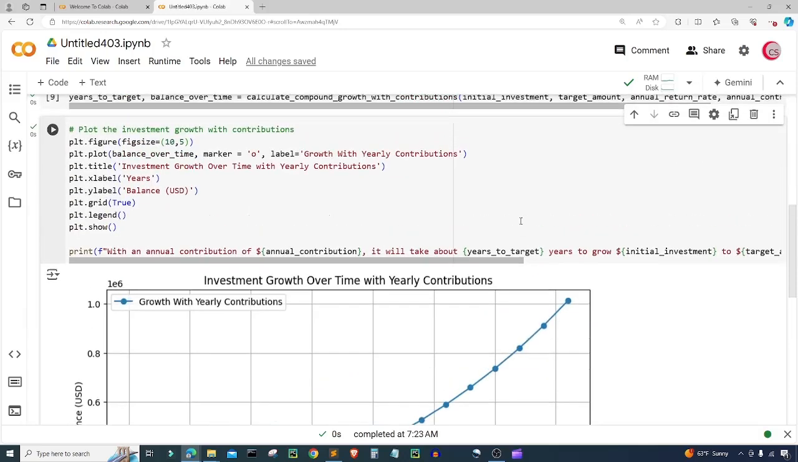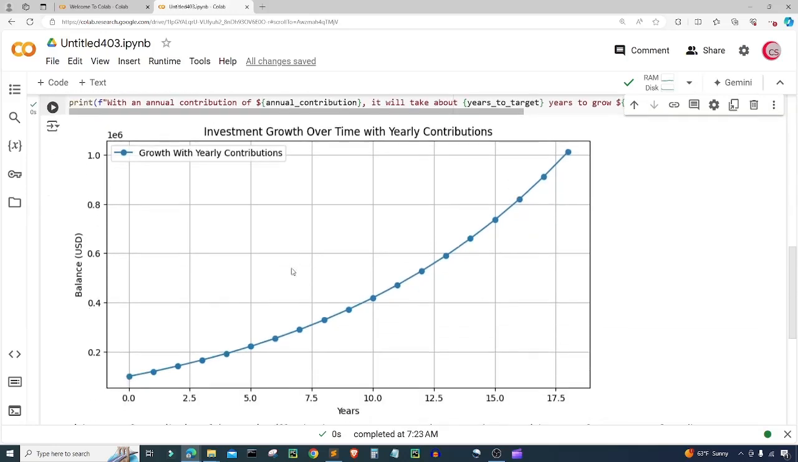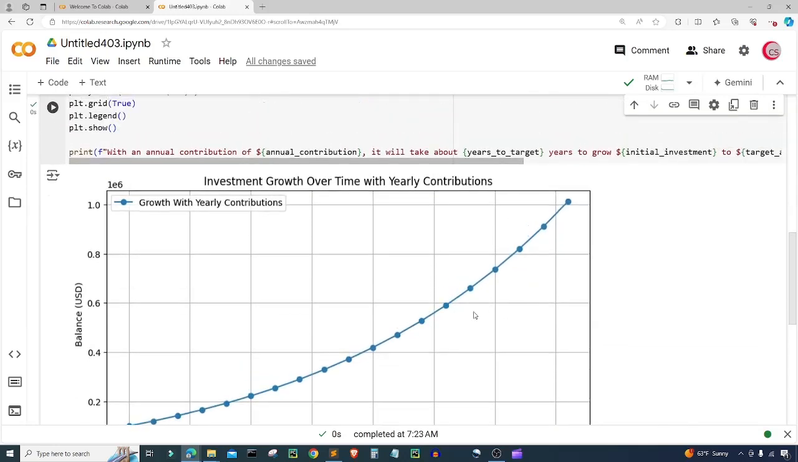So that's basically it. You can continue playing with this and changing your contributions, changing your rate of return, changing your initial investment, and changing your target investment or your target amount. So with that being said,